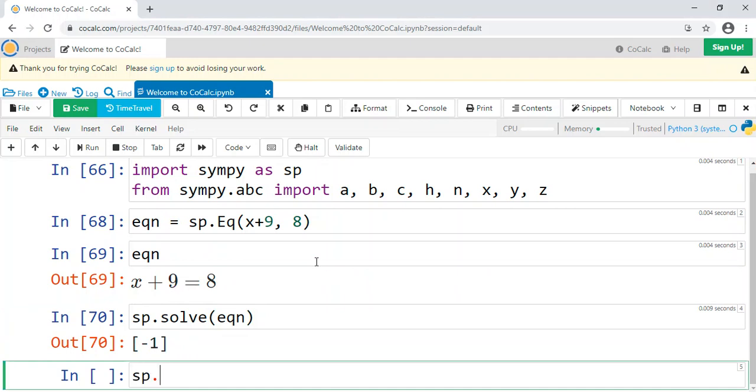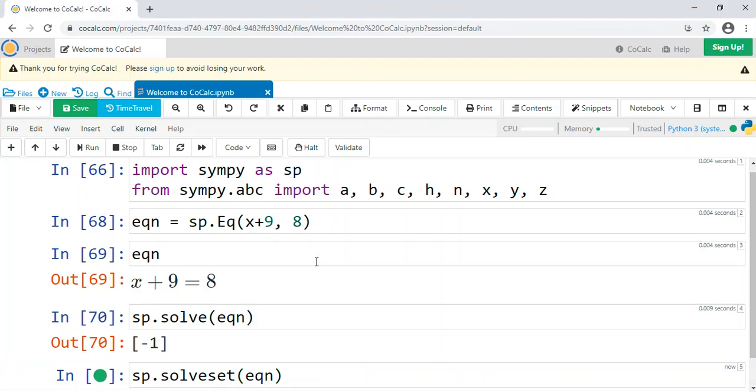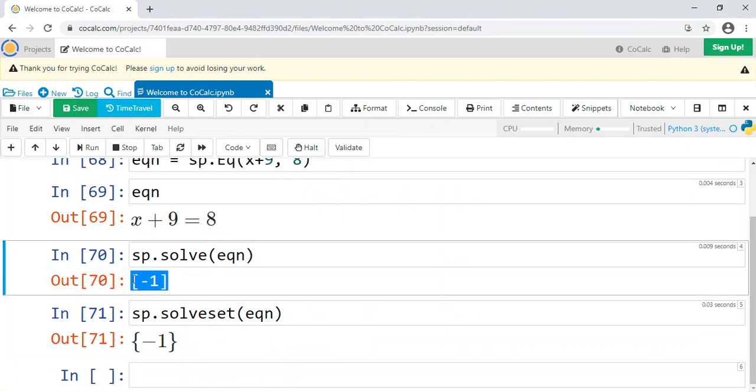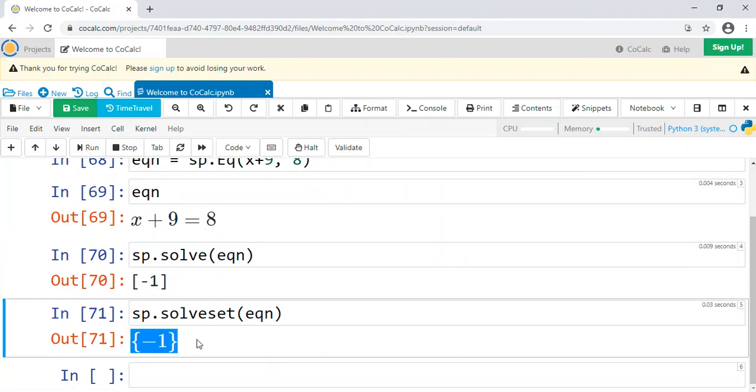You can also do sp.solveset eqn. This will give you the same thing, -1, except it outputs it as you see, as opposed to a list in this normal Python format. It gave you a set, which is a SymPy specific object, and actually solveset is what's recommended in the SymPy documentation. If there's more than one potential solution, like if it's x squared times 7x plus 51 or whatever, it can do that for you. It'll spit out both. It'll work just fine.